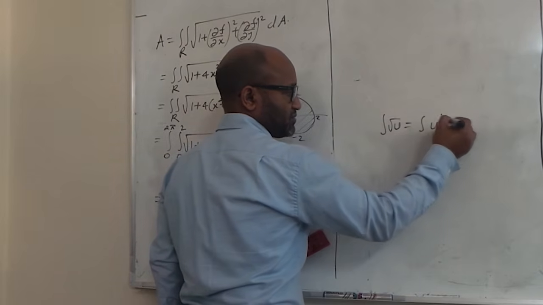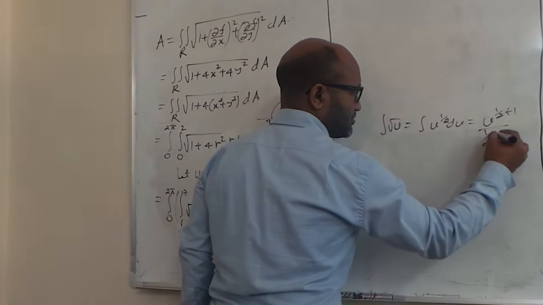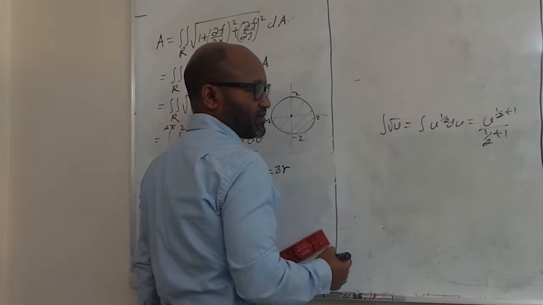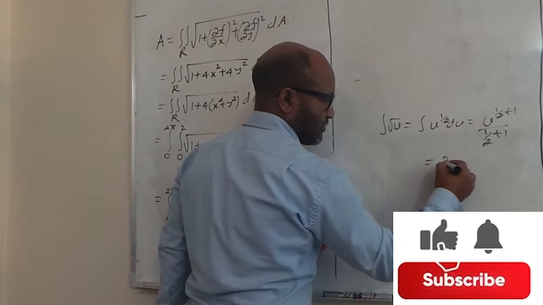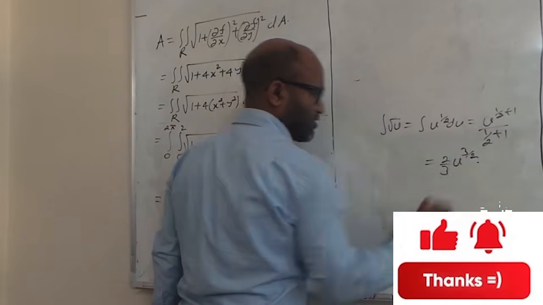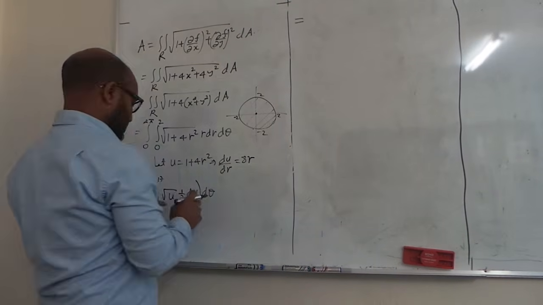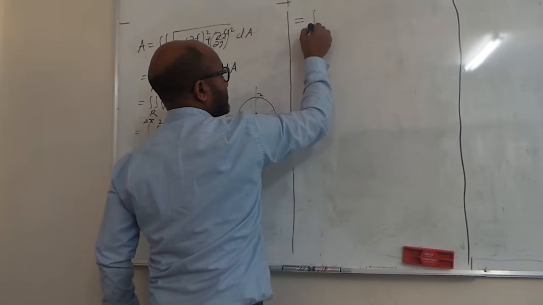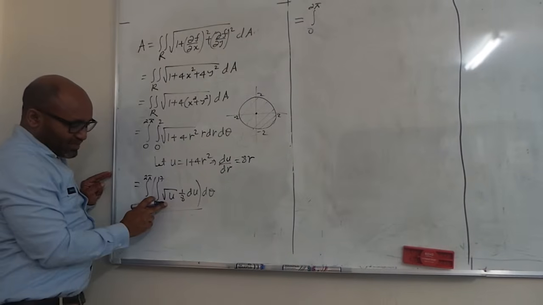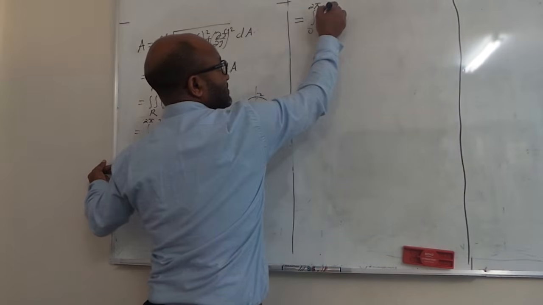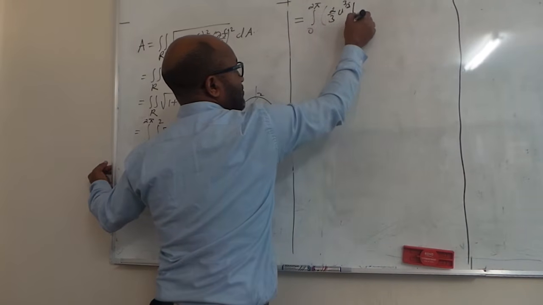The integral of u to the power of 1/2 du is u to the power of 1/2 + 1, over 1/2 + 1. ለዚህ ይሄን ካገኘን በኋላ then 2/3 u to the power of 3/2 therefore is the integral ምናገኘን. So we will have the integral from 0 to 2π, from 0 to 2π, the integral of radical u, we have 2/3 u to the power of 3/2 from 1 to 17.